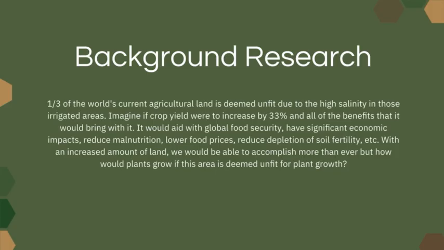One third of the world's farmland is considered unusable because of high salinity in irrigation systems as well as the soil. If the land was able to host crops, it could aid with many major problems we deal with, such as global food security, malnutrition, high food prices, depleted soil fertility, and many more. With an increased amount of land, we would be able to overcome these challenges, but how would we make this